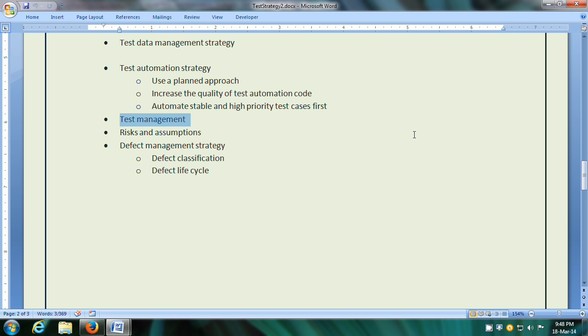Then you can specify the test management strategy. So here you can specify what test management systems should be used, like Bugzilla or Jira, etc. Then you can also document the risks and assumptions.